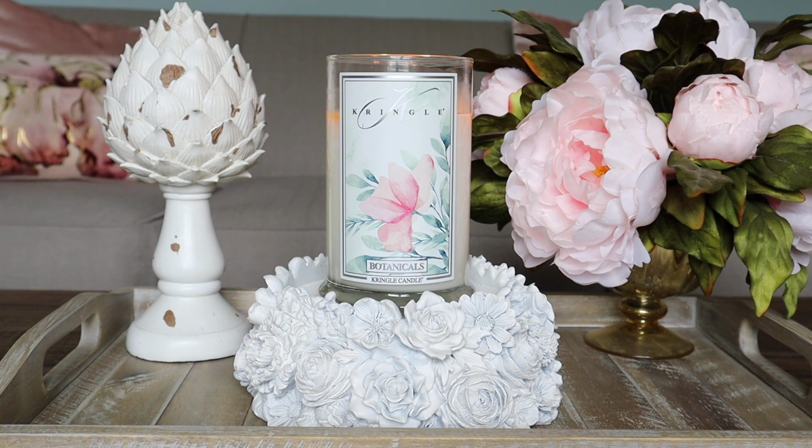She is quite potent. I guess it's the notes that are potent. But she also has a good performance in terms of strength and throw. I won't say it fills the entirety of the house when I have this one lit, thankfully. I would put the throw at maybe more of a reasonable 6. Certainly very present in the rooms where it is burning, and it does start to travel outside of those